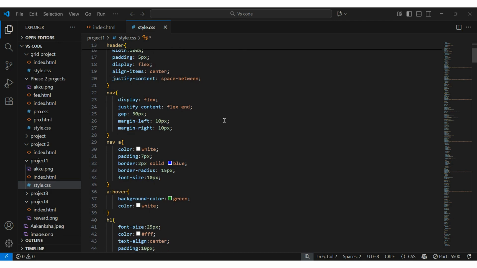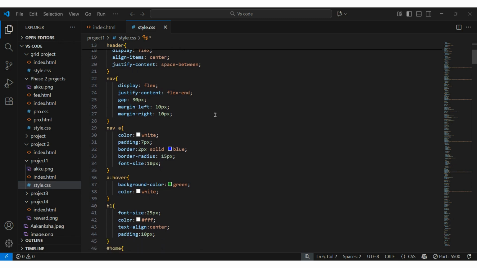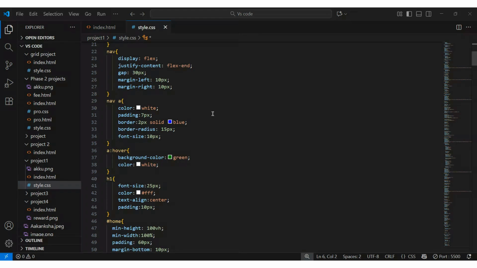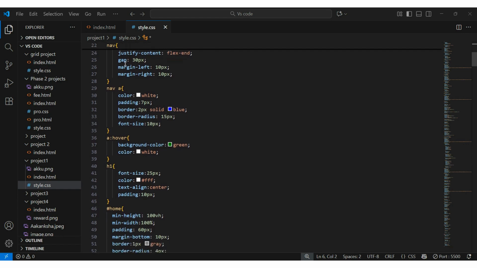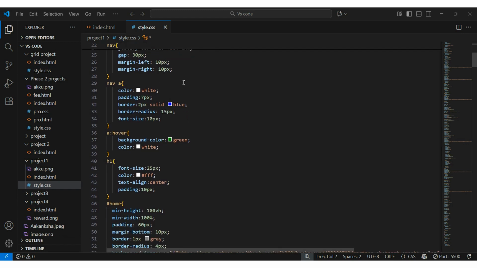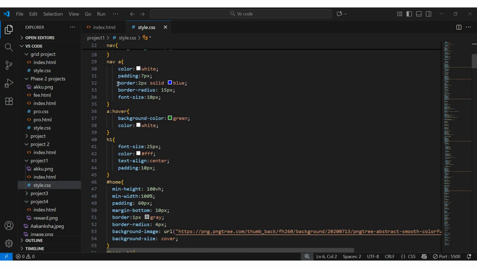content alignment, the vertical. I used gap here to make some space between the elements, and I used margin left and margin right for the space outside the box on the left and right, and here I used a border for making a box border